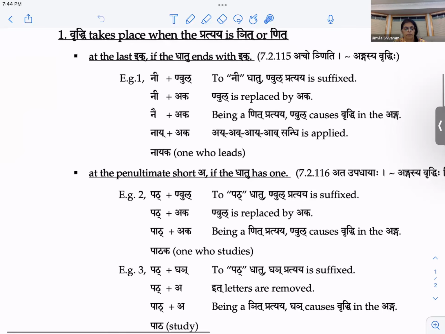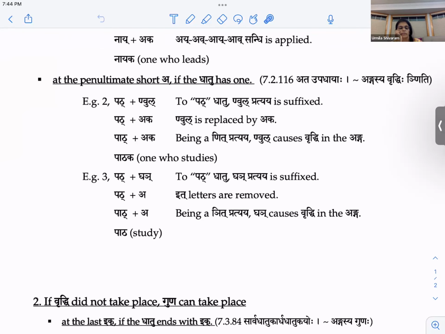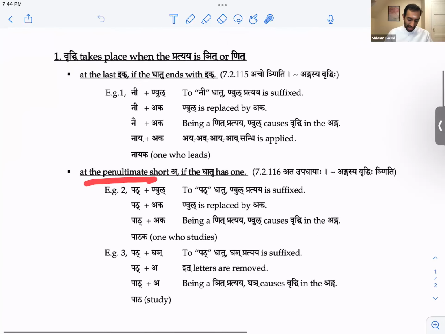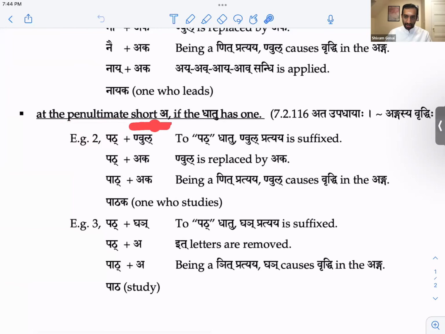Then at the last ik, if the dhatu ends with ik. Also, at the penultimate short akara, if the dhatu has one.